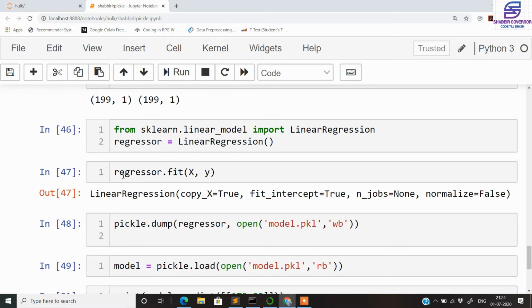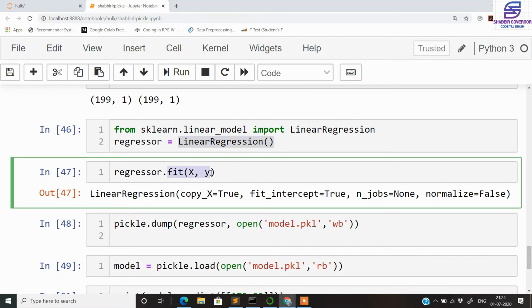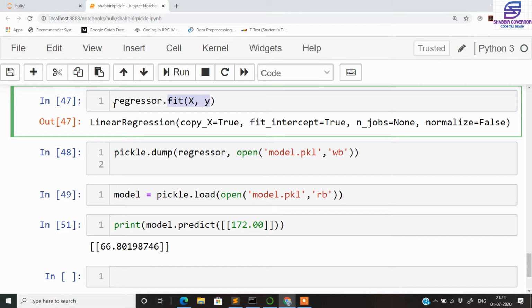Now we start creating the linear regression model, which is based on the sklearn library. From sklearn we import the linear regression module. Then we create an object regressor based on this linear regression module, and finally using the fit command we fit the data inside our feature and the target using our regressor. Once the data is fitted, the model is created.